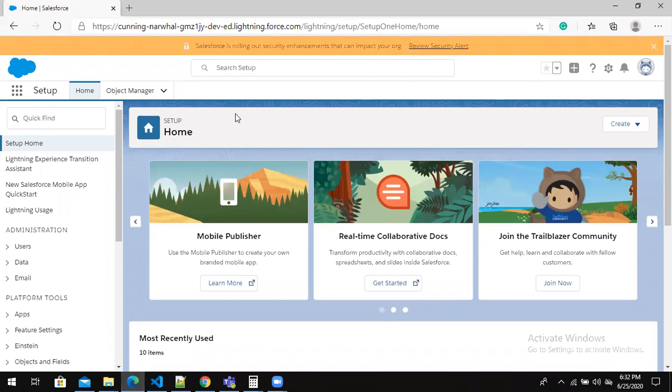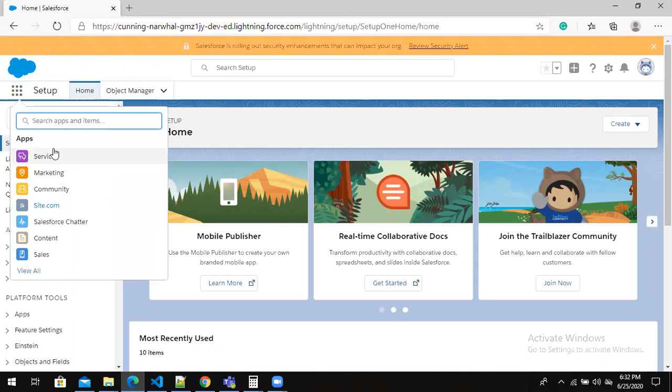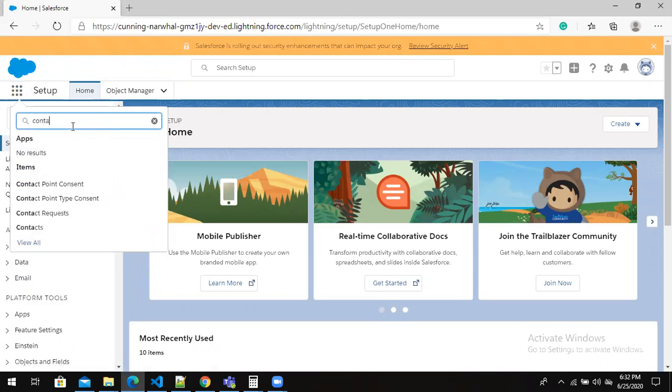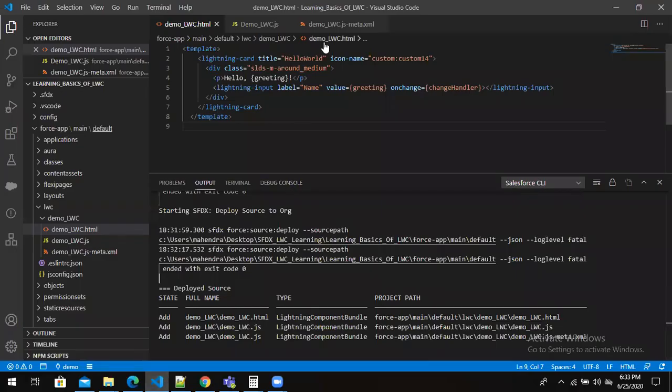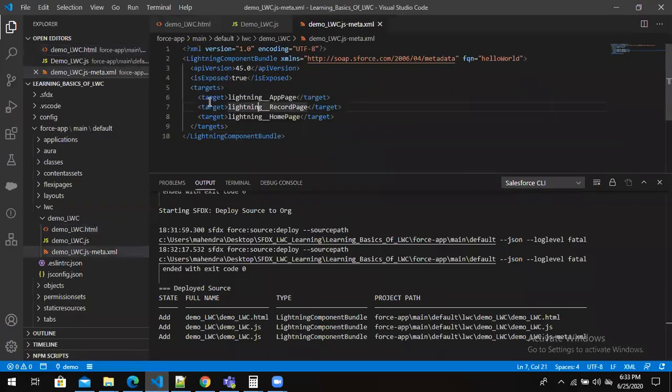So it is deployed. Now this component we can place on any object, because we have that option in the metadata XML file. If you see the metadata XML file, our targets can be any of these. So now I have the option of placing this component into a record page.